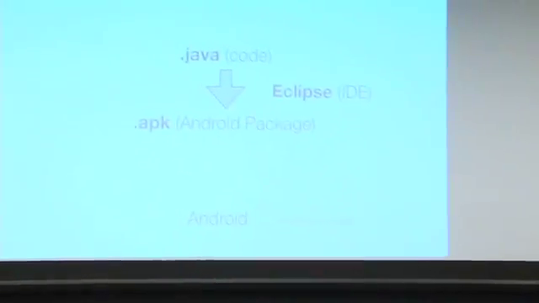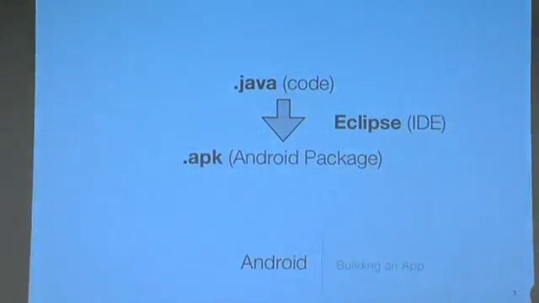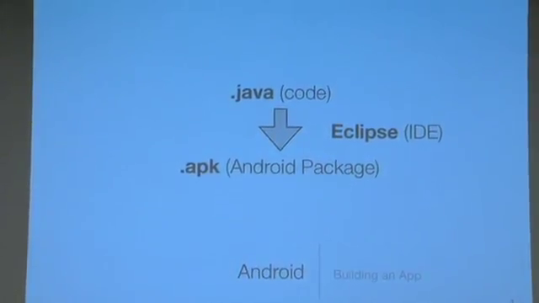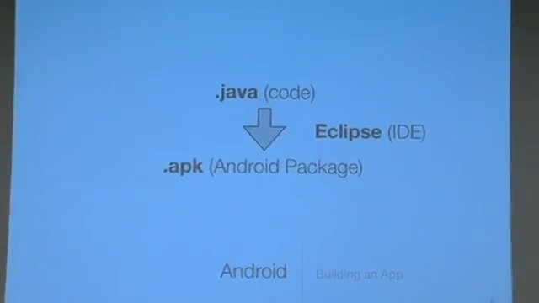Now, rather than having to download Xcode, which is what you will use when developing applications for iOS, we will be using another IDE called Eclipse. And Eclipse has nothing to do really with Google, or at least not directly related to Google, but Google has made available an Android plugin that allows you to use this Eclipse software to develop your applications for Android. So basically, the general overall steps are that you're going to download the Eclipse IDE, which is a separate download from the Eclipse website,